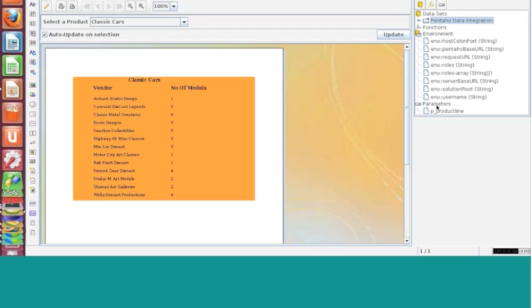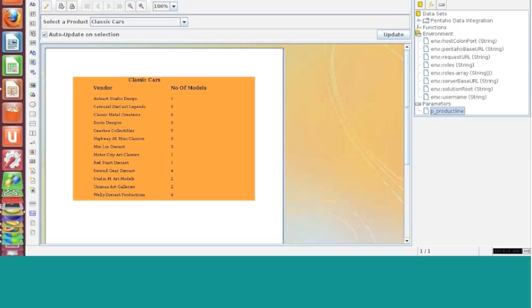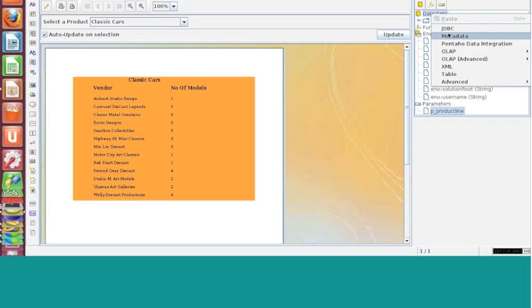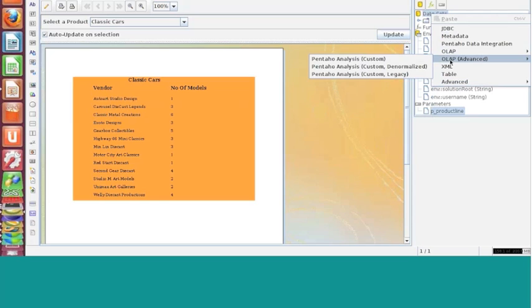So I have defined a parameter called product line, and I'm getting the query for the product line from the query called product list. If we look at the data set, I have defined the data set as Pentaho Data Integration. How I selected is, if I right-click on the data sets, we can see the different options we can select as data source to the report. So I have selected Pentaho Data Integration in this case,